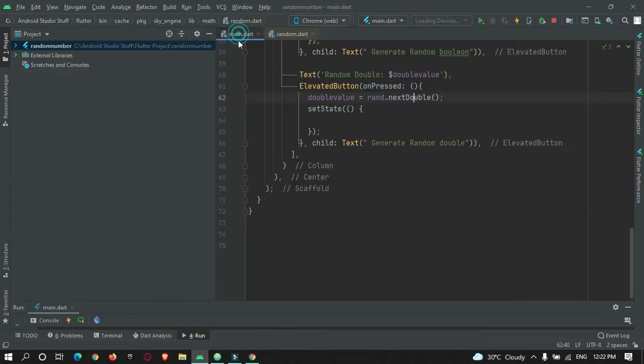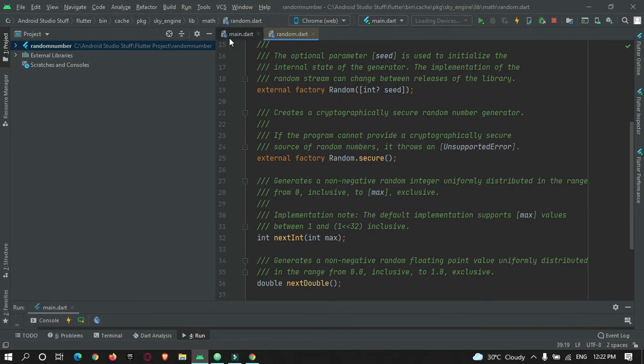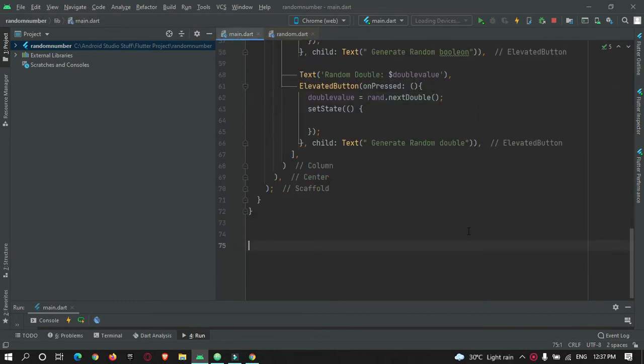Now we have checked out all the methods that are available in this Random class. Suppose you want to generate a random number for OTP generation, for example, a fixed 6 digit or 5 digit number, then you can make use of this same method to do that. So let's do it.